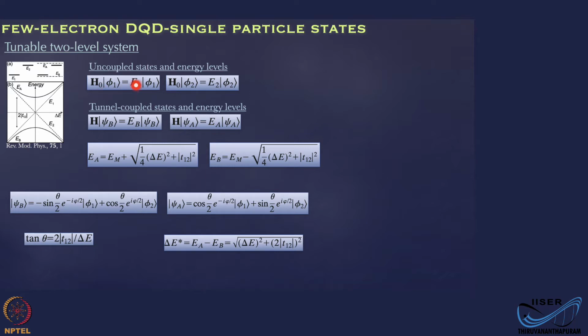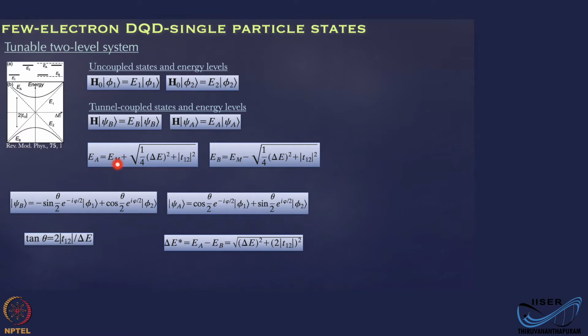H0 will have an eigenvalue of E1 for the phi1 state, and E2 for the phi2 state for the uncoupled system. So we can think that these two dots are far away. They are not coupled. When you bring them together, the resultant wave functions are represented by psi A and psi B. These are the wave functions, and these are the new energies EB and EA, which are given by